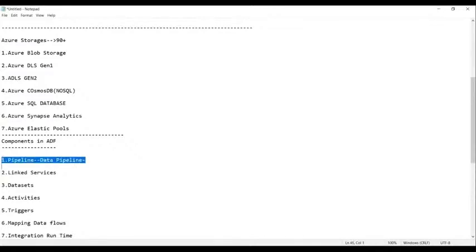Yes, I'm audible. So pipeline, and then you have linked service. The third one is called a data set. Now, guys, technically a data set is nothing but a pointer, or a reference. It is a reference to the physical location of the file. That is called a data set. But here, for explanation purposes, I can tell you that a data set is nothing but a table.